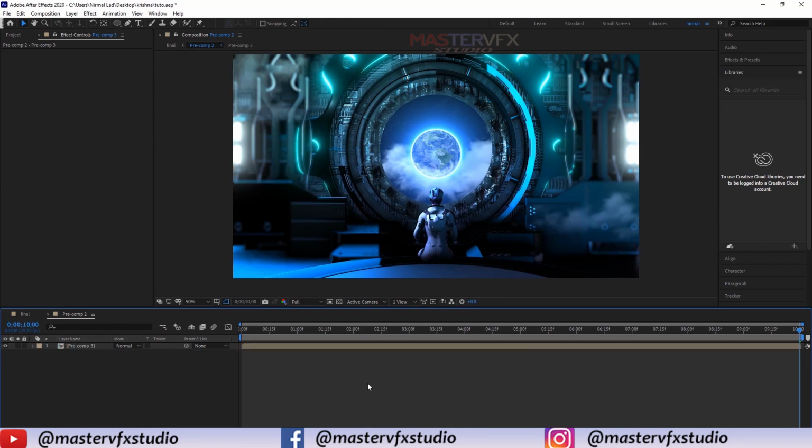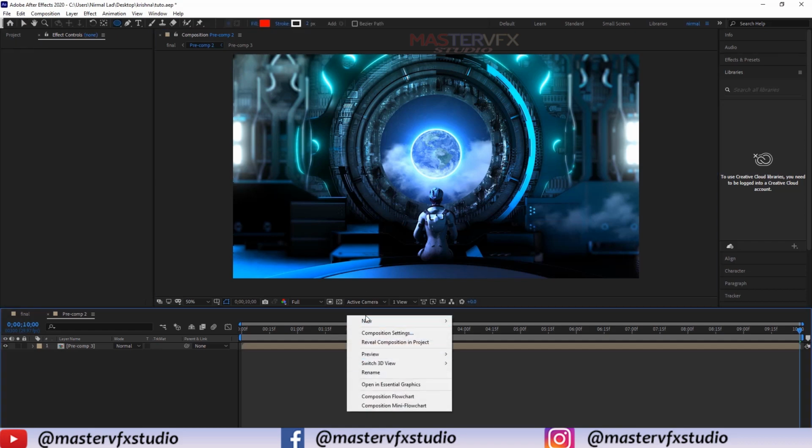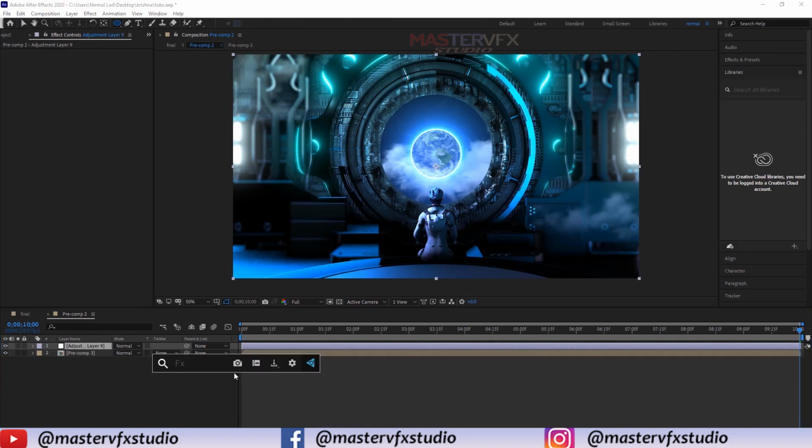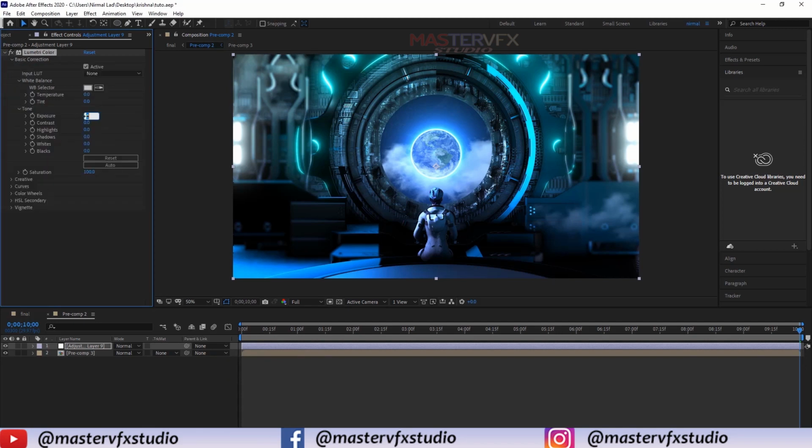So now guys, we are going to colorize our concept art. For that, create a new adjustment layer and apply Lumetri color effect. Here we are going to decrease the exposure 0.4%, increase the contrast 3%, and the highlight 28%.